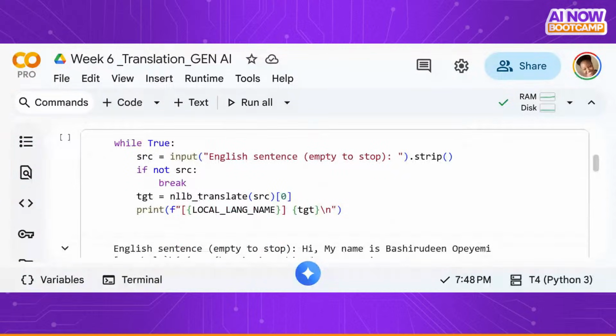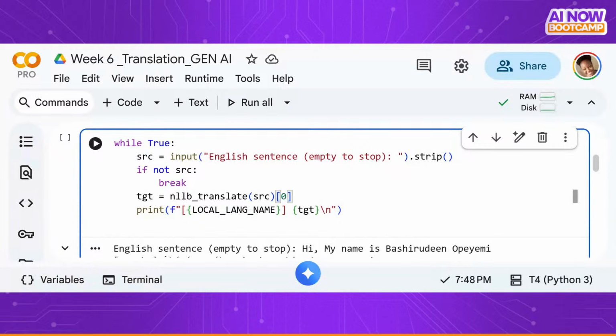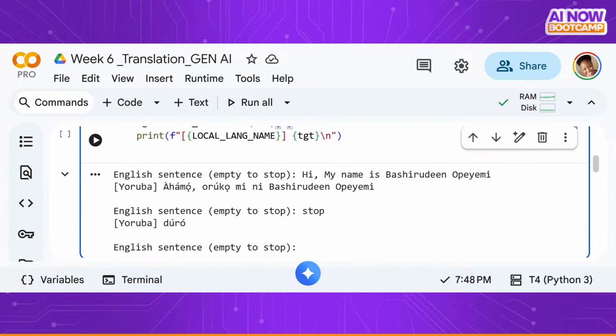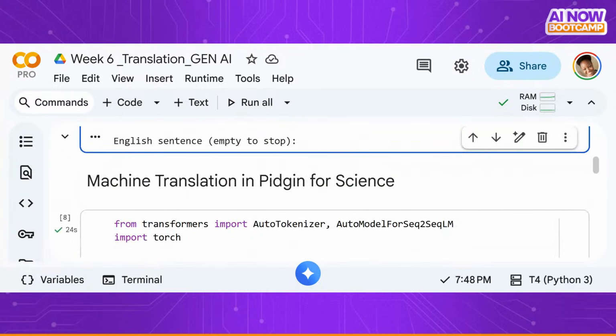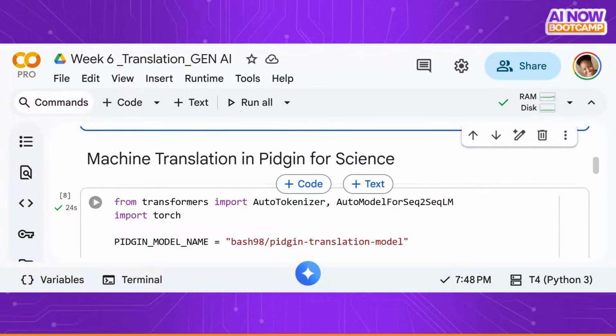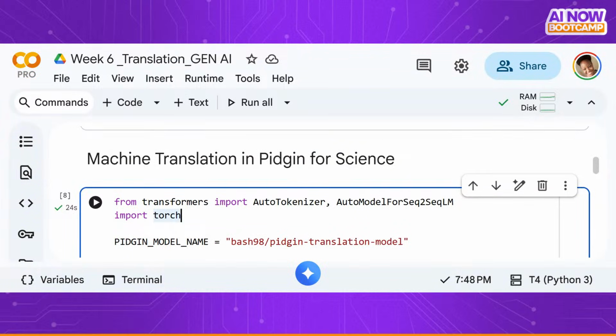you also did this, maybe Monday or Tuesday, where you would input an English sentence, and then it will be automatically translated for you. We'll not be rerunning that again because of our time. So we'll be moving on to this part, the machine translation in Pidgin for